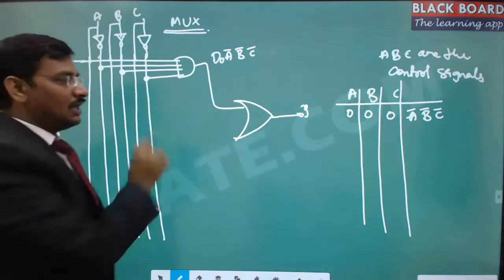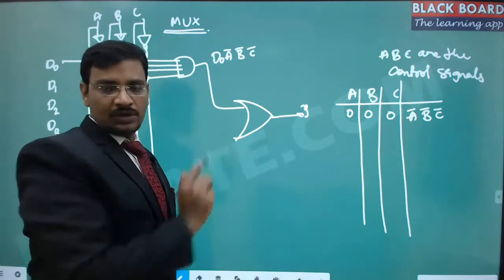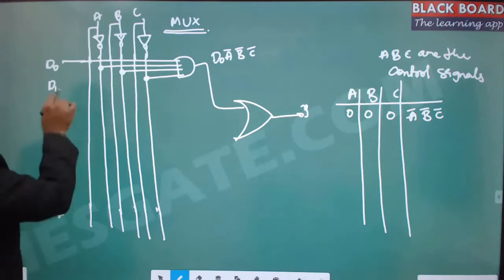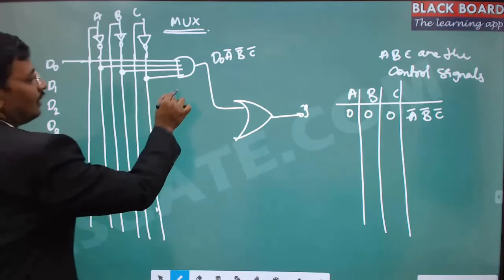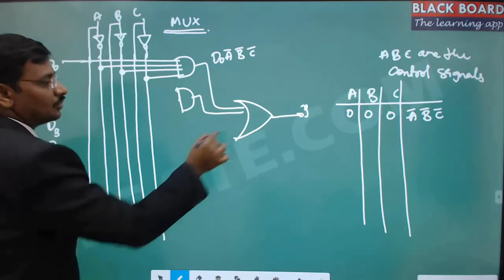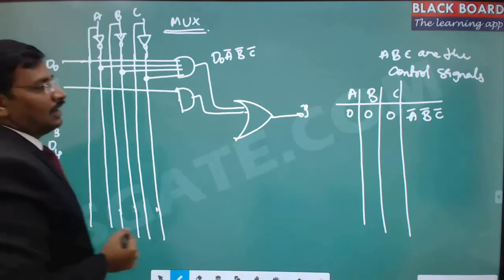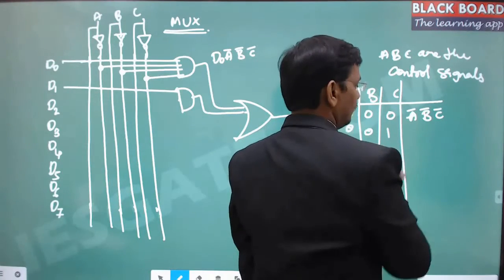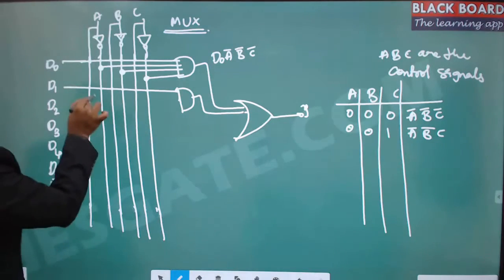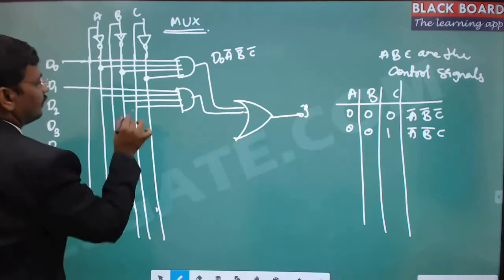So with these control signals you are selecting 0, 0, 0 so that you can take the D naught output to the output. If D naught is equal to 0, the output is 0. If D naught is 1, the output is 1. And in that case none of the other outputs are impacted, so due to all these data points we don't have any other impact. Now take one more AND gate and connect this output to the OR gate, and here the D1 output is taken and this is 0, 0, 1. The control signals are A bar, B bar, C. So this is A bar, this is B bar, and this is C.